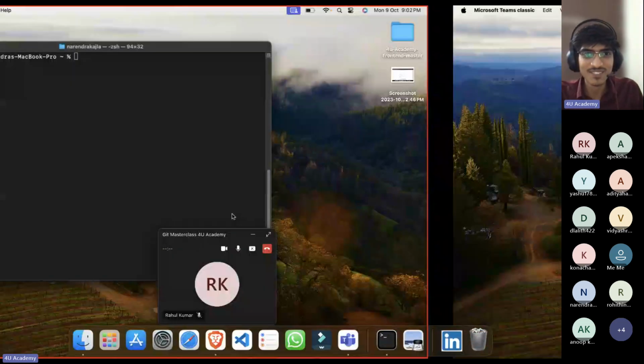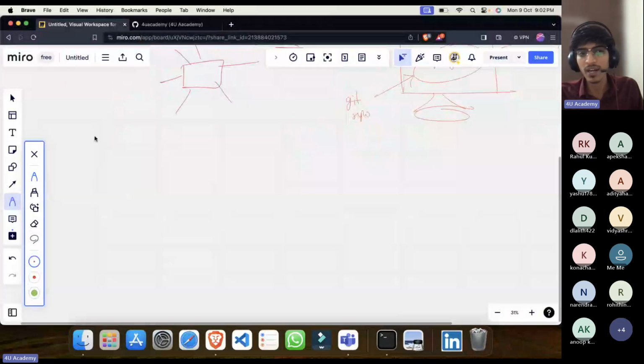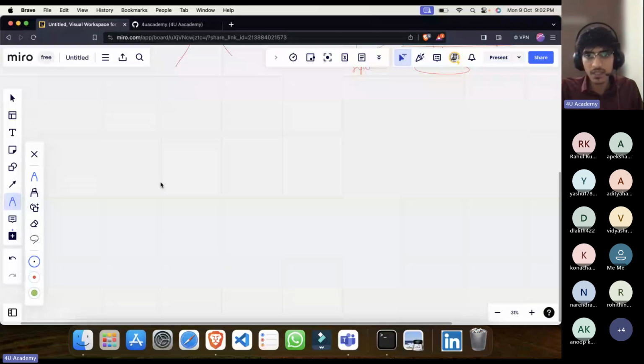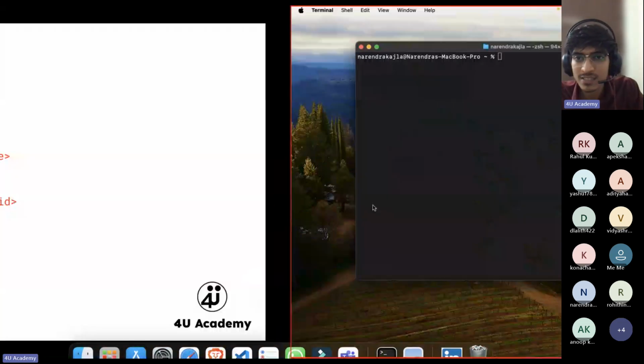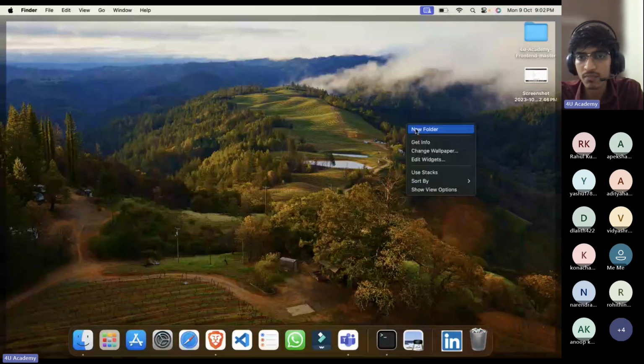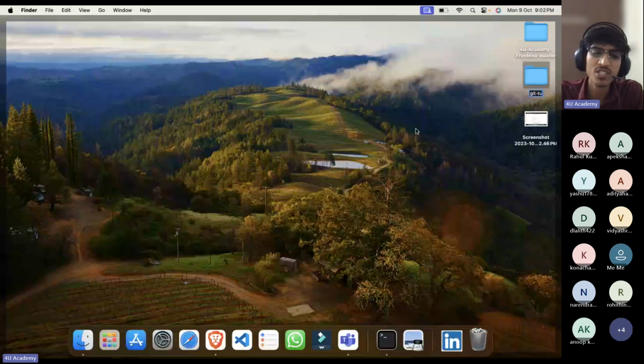Where is my whiteboard? I am searching for it. Here it is. So far we have understood the theoretical part. Now let us really move into the main topic. You guys can just do the same, I'll give you time in the activity. I'll create a folder where I want to work. I'll name it, let's say Git tutorial, or any name you can give. Let's say project demo, anything.